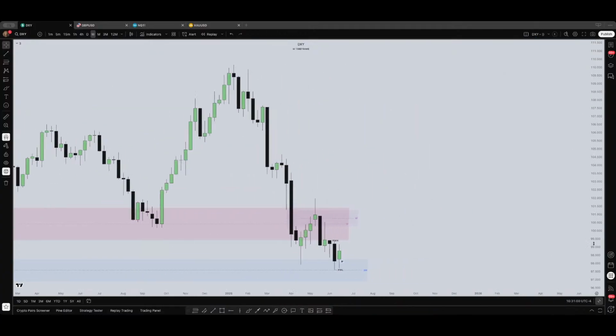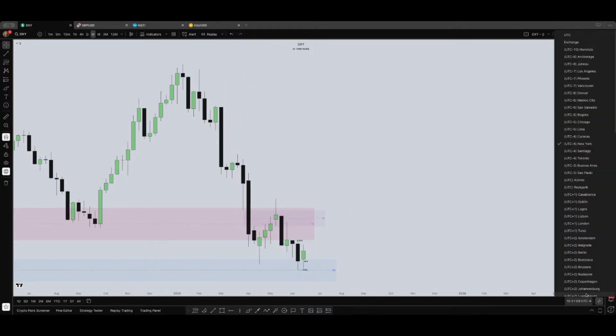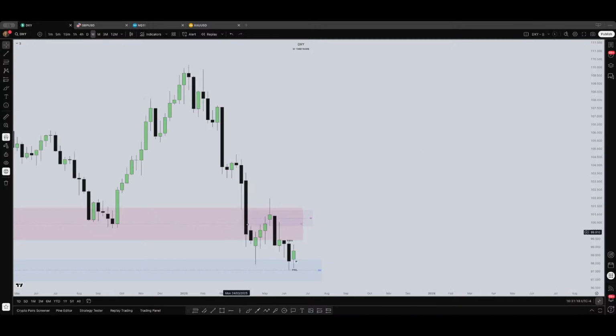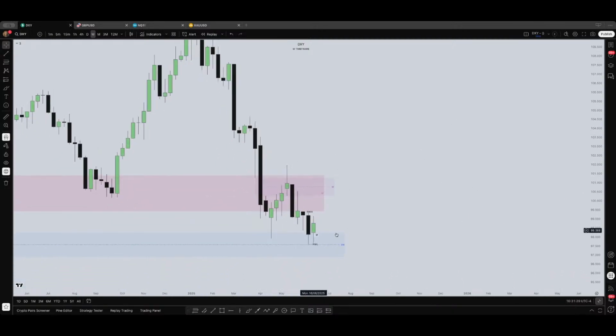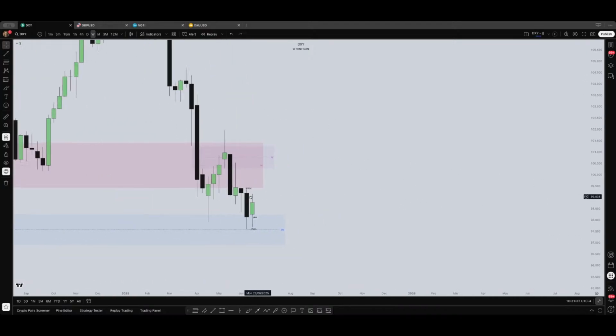So every Sunday or Monday morning, because I live in Europe, and as you know, I trade with New York time. So for me, when I wake up, 9:30 in New York is 3 a.m., so it's very early, so I have time to do this. So what I do is go to big time frames and mark in my chart important levels.